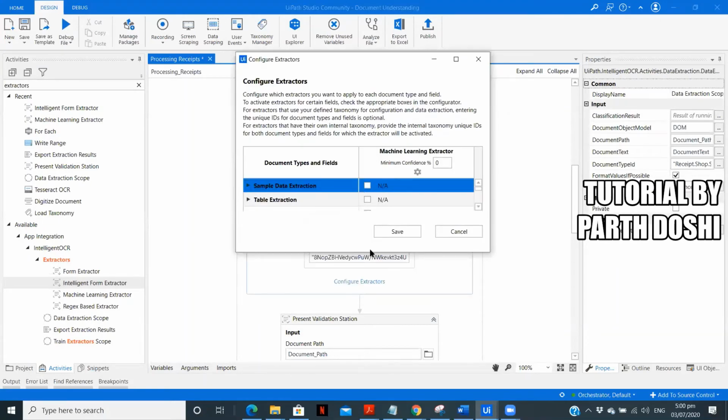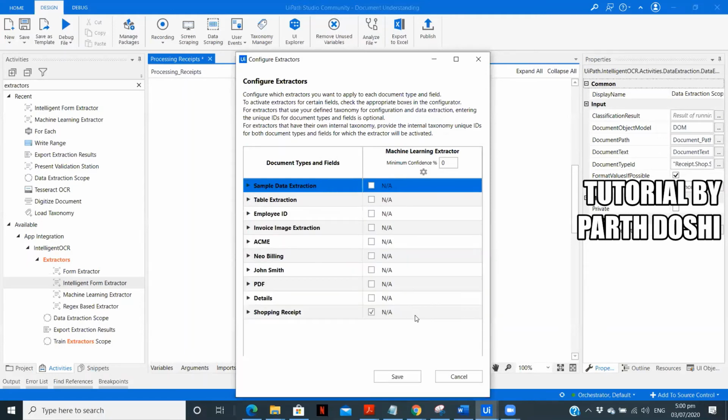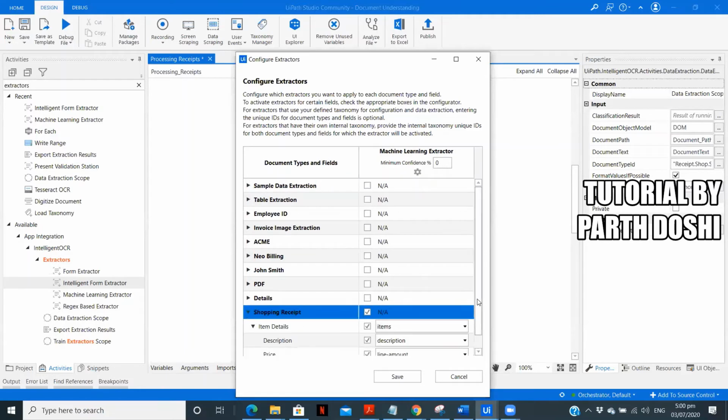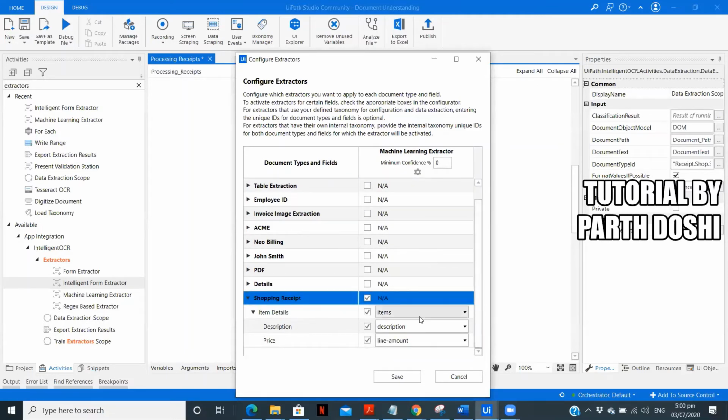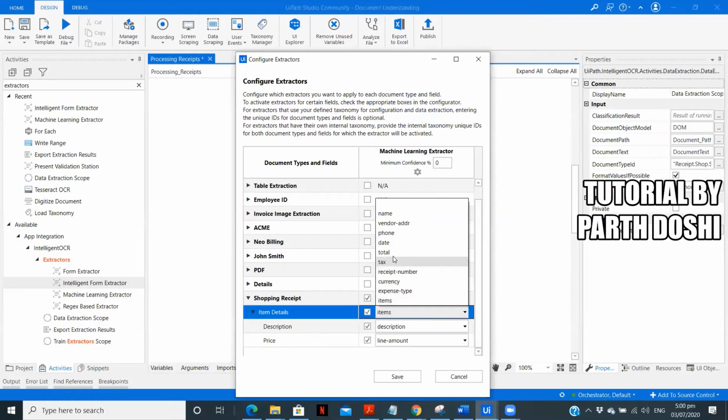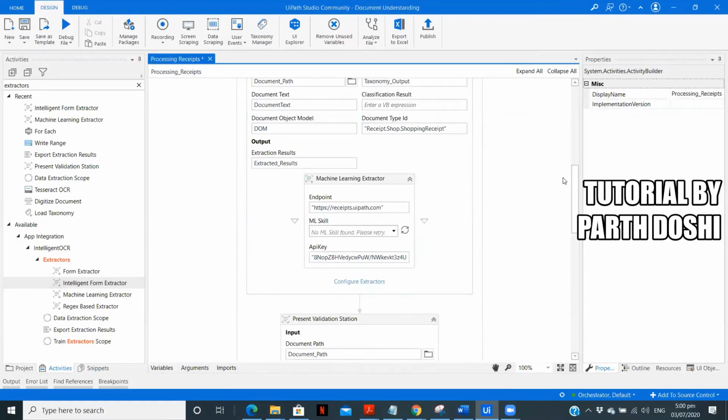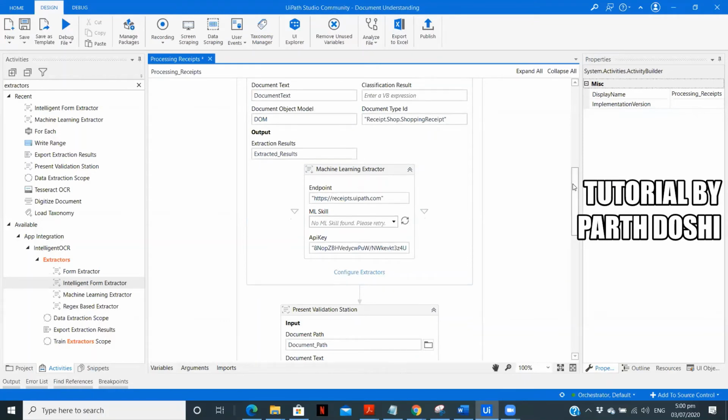If you are extracting the receipt number or something like that, you can have different options over here. If I had specified in my taxonomy the receipt number, I could have selected the receipt number, the tax, the phone, date, total amount or anything. But since this is just testing this particular feature to see how it can be useful, I have used the machine learning extractor. Here I need not manually select the table I want to extract. This machine learning extractor will automatically understand the complete table and it will process it.